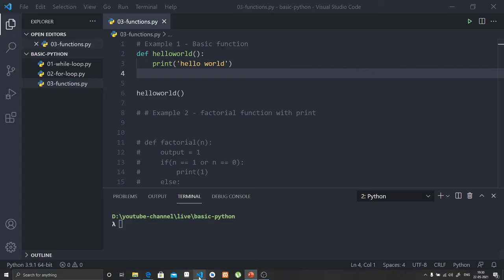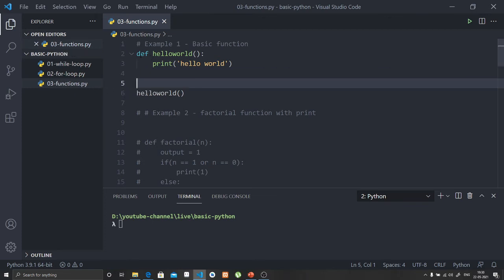Now we will take a look at some of the examples. So here, as you can see, I have defined a Python script called 03-python.py, and I have written the hello world program that I showed to you in the first slide. I am calling this hello world function here by this line only. So this line will execute the contents of the hello world function.